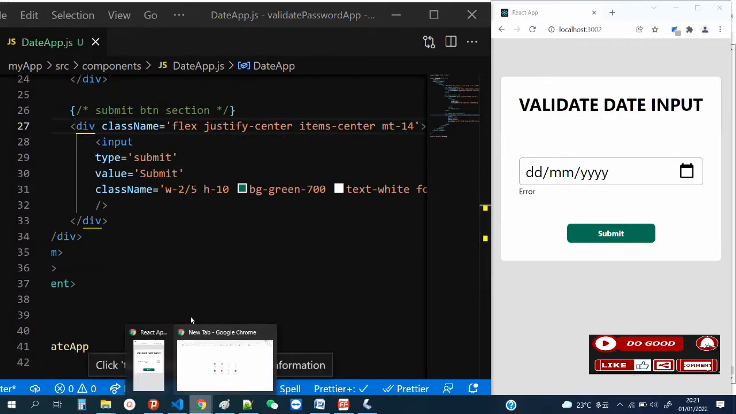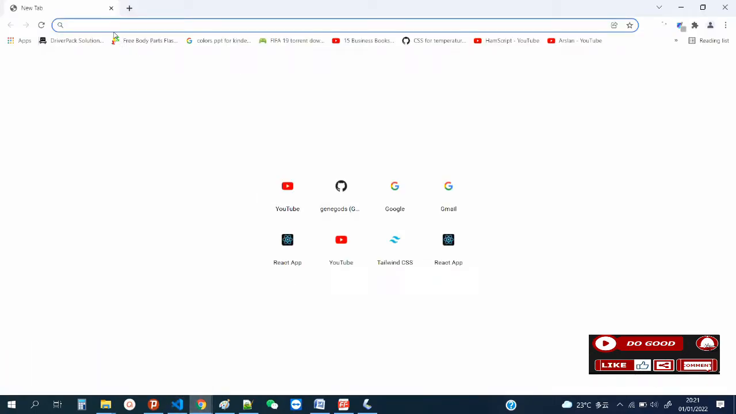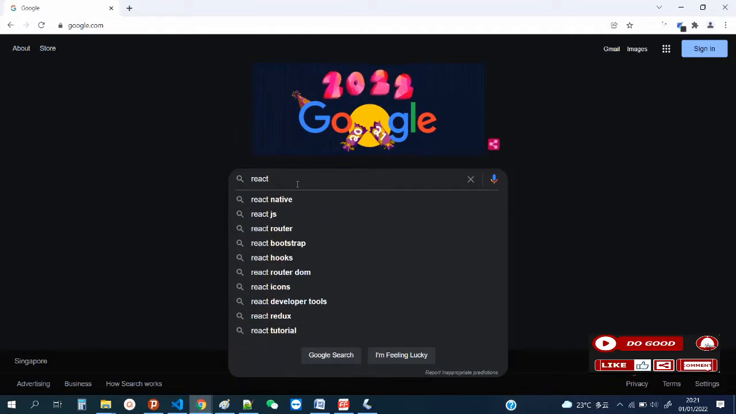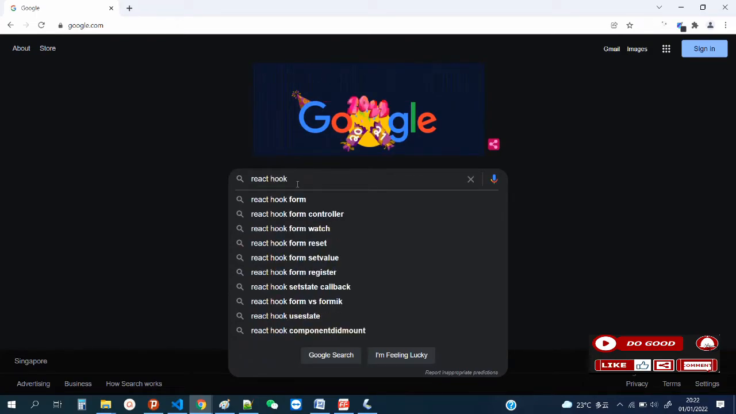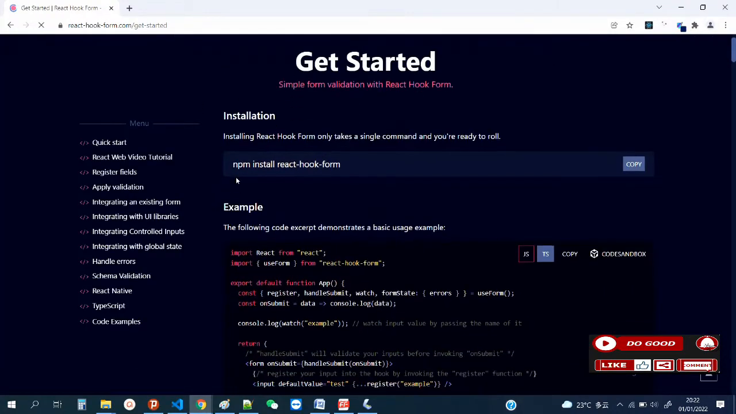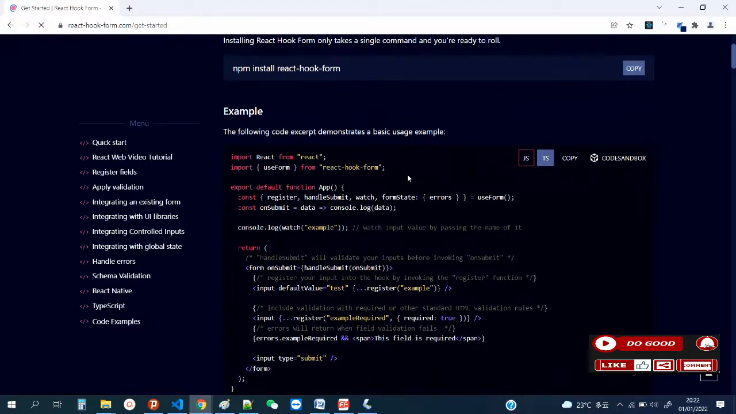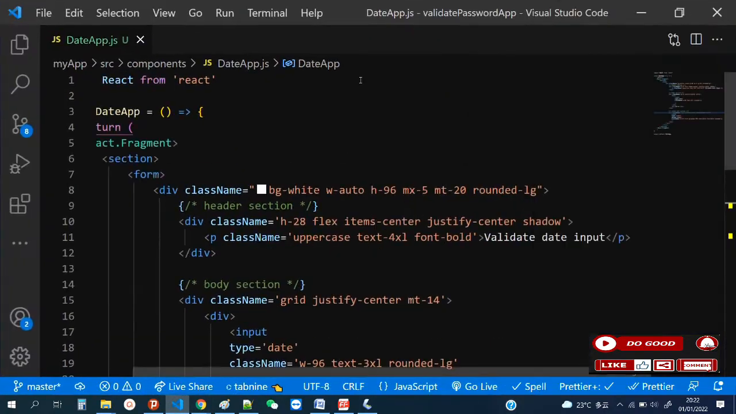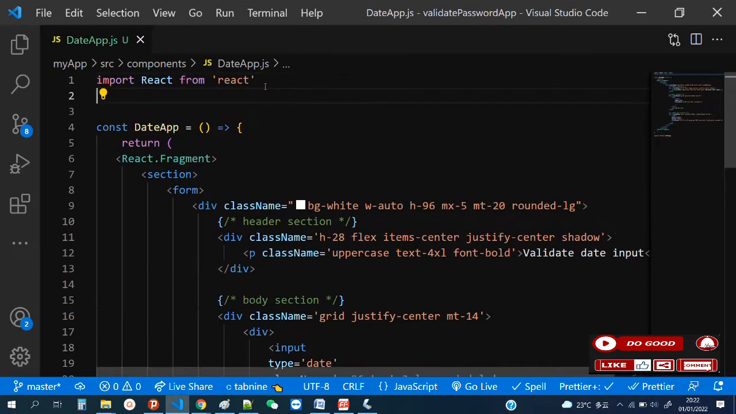Now let's go to Google and say Google React hook form. Okay, let's open that. Go to get started. npm install React hook form. We've done that already, so let's import. Copy that. Just make it bigger. So we paste it there. Next, let's go back again